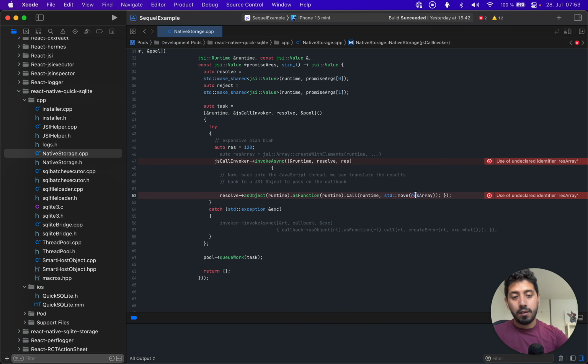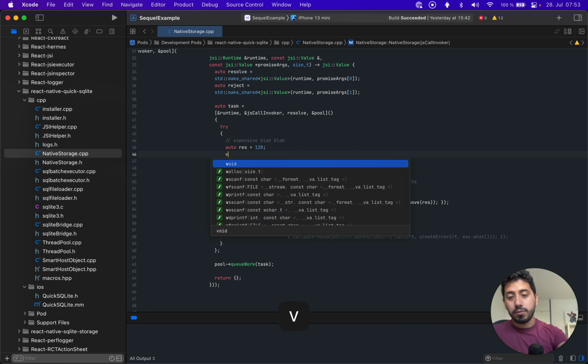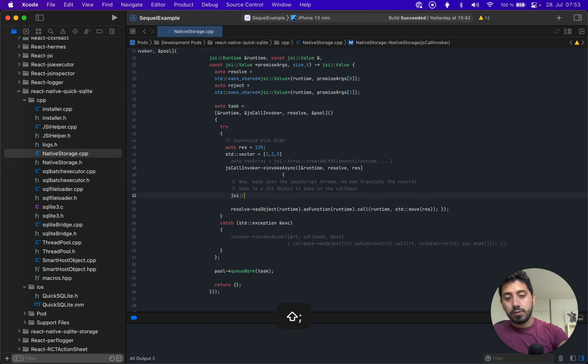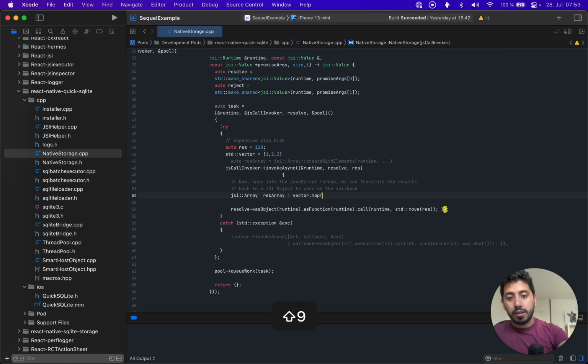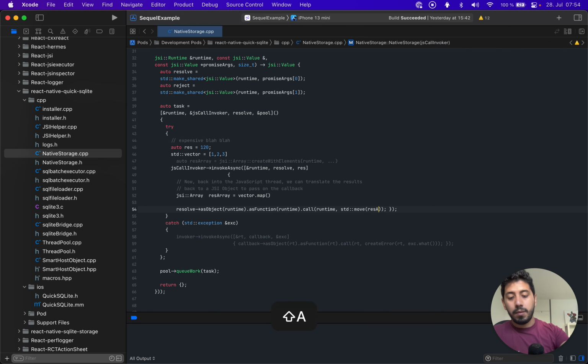So if I here, for example, would like to have an array, I would do this, this is an std vector, I would just calculate my data, right? So 1 2 3, and once I'm inside of the async callback, here is where I would create a JSI array, this is my res array, and then I would just map my vector into a JSI array, this is not proper C++ code, don't pay attention to this, and then I can finally return my res array,